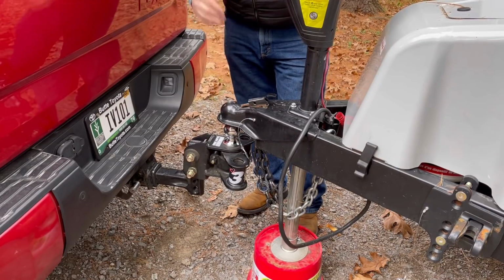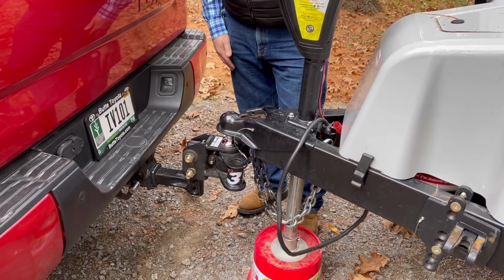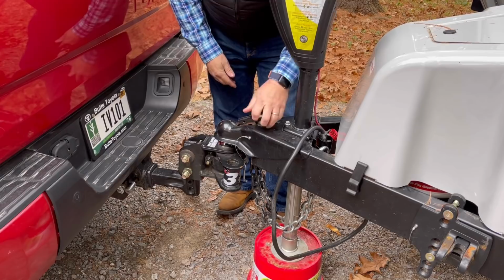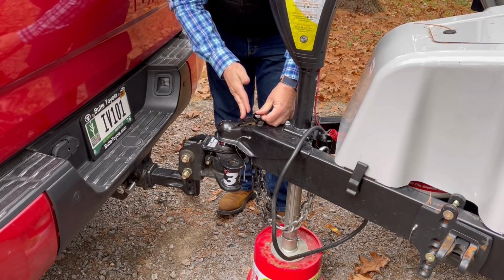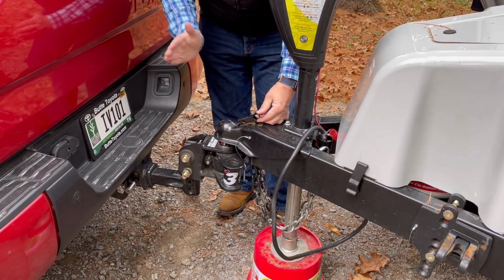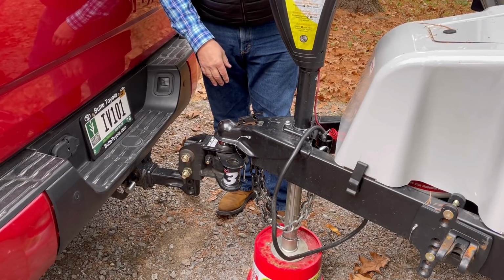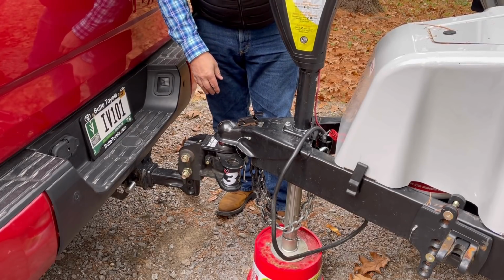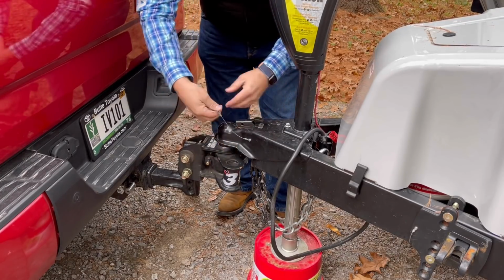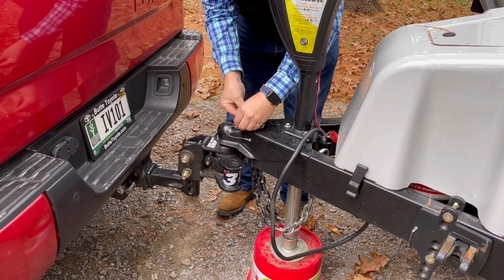Now that I'm backed up under, I'm going to go ahead and start dropping it down. Once we're lowered onto the trailer, I'm going to go ahead and lock the coupler in place. Now, if your coupler won't lock into place, don't panic. Just go ahead and try to pull your vehicle forward just a little bit, or make sure you're all the way down. And in that case, I just need to go down a little bit more. I'm locked into place,